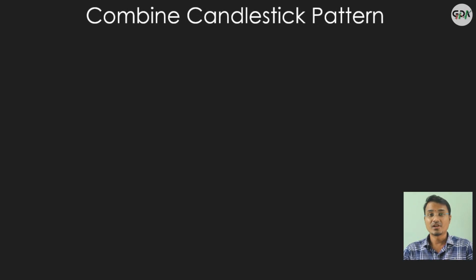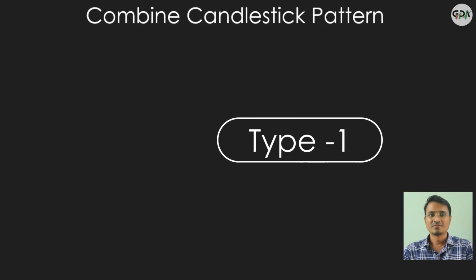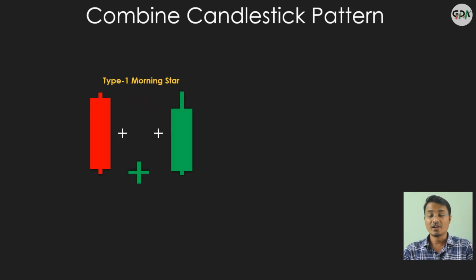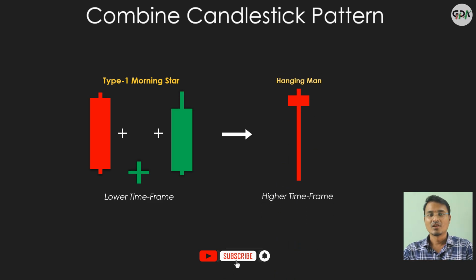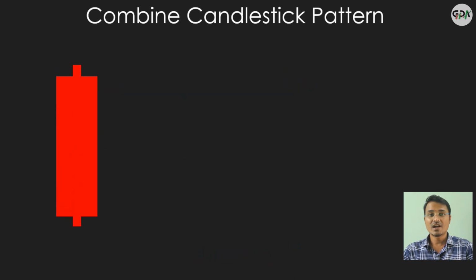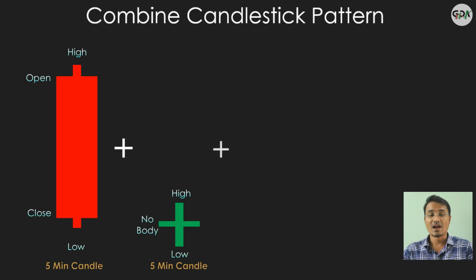Friends, we will discuss about type 1 Morning Star. It's a combination of 3 candles in lower time frame into 1 candle in higher time frame. For example, we will take 3 5-minute candles. First candle is a solid red candle. Second one is indecision doji candle, and